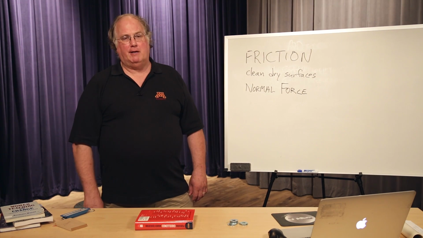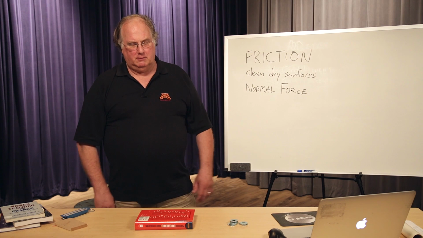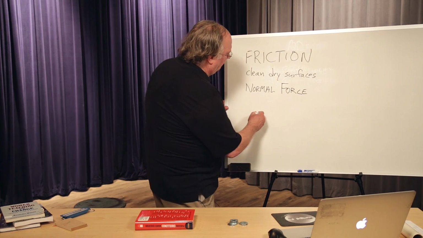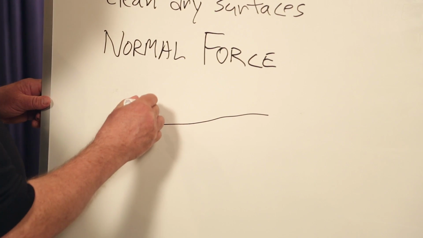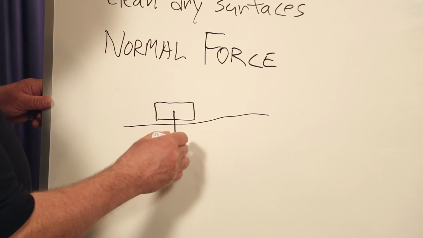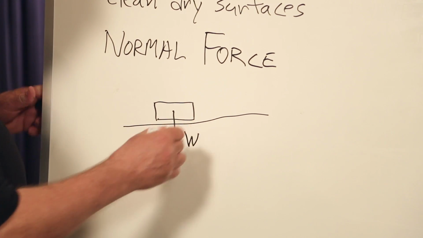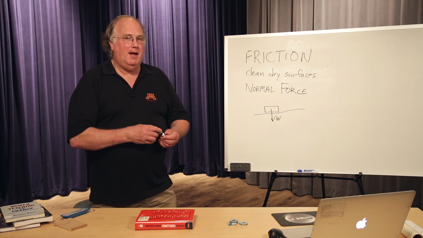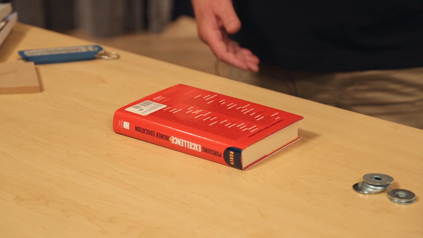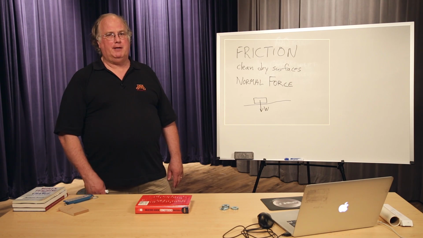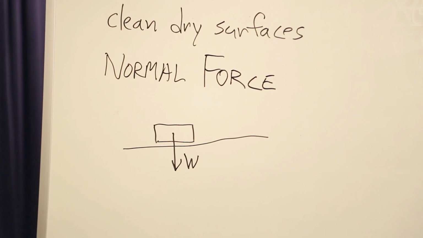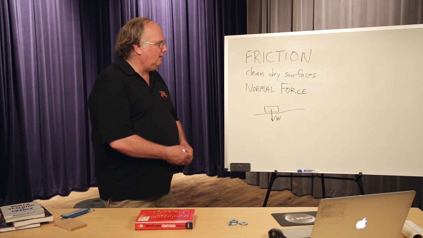Well, there's certainly gravity working on it. This is, near the Earth, there's gravity happening on it. So if I draw a picture of it, here's the tabletop, here's the book, and we have a force straight downwards called the weight. And if that was the only force working on this book, it would be accelerating toward the center of the Earth at 9.8 meters per second squared, and we would have bid it farewell a while ago. What else is going on?